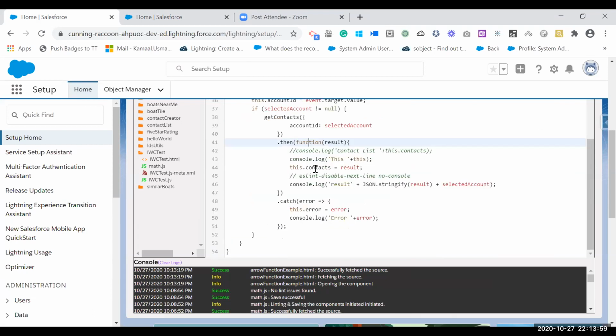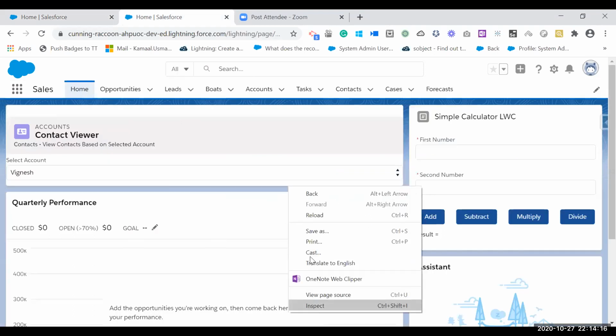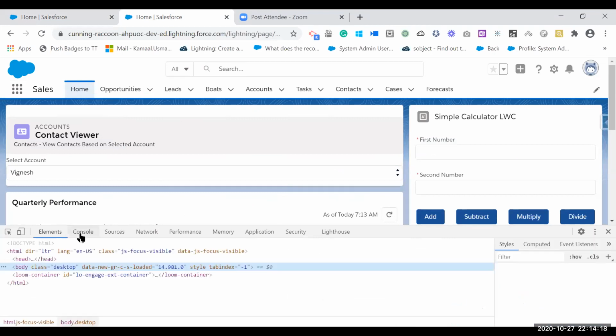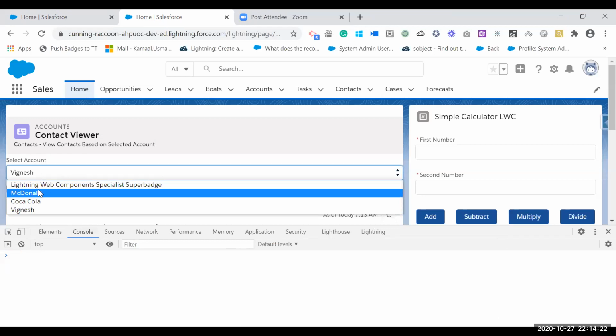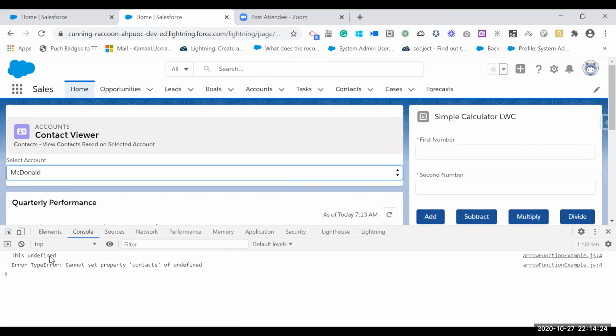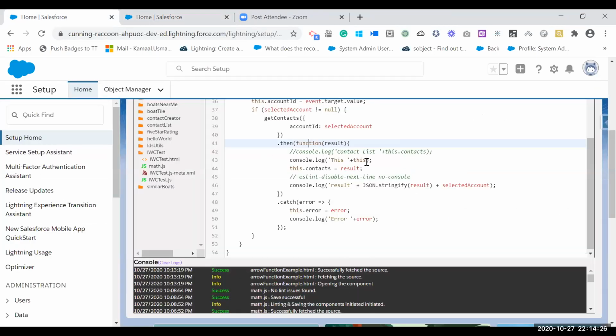But this function is looking for the scope of this variable inside the function, and the variable is not declared inside the function. So what error are we getting? Okay, so this is undefined. The scope is undefined for this function.